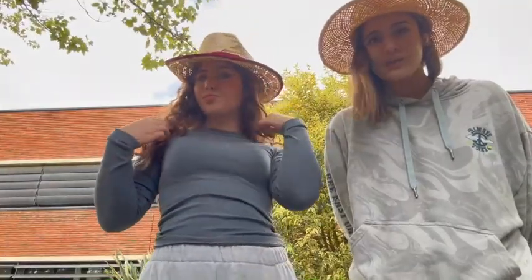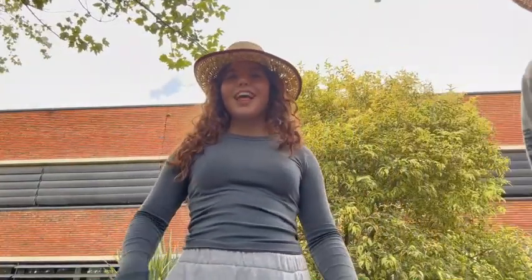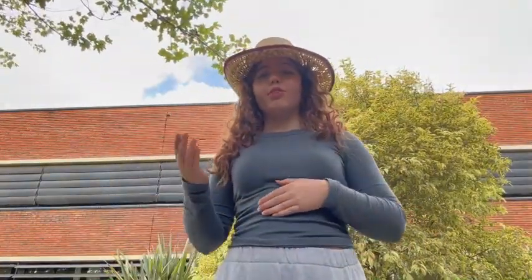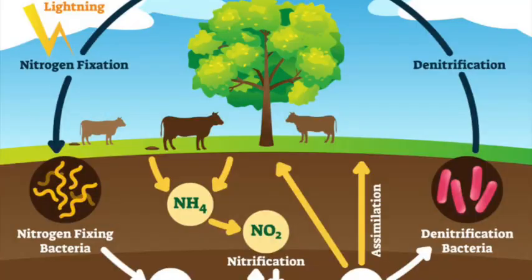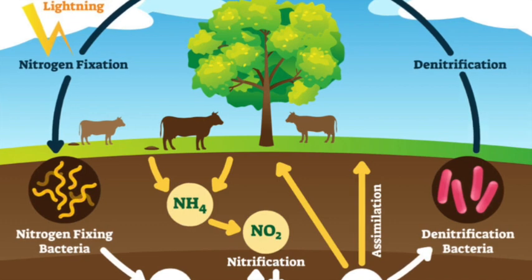We're going to discuss the biogeochemical cycles of the African savanna. The African savanna plays a crucial role in the carbon and nitrogen cycles. The grasses and trees absorb CO2 and release oxygen. The large herbivores contribute to the nitrogen cycle through their waste. The nitrogen cycle is a biogeochemical process that describes how nitrogen moves through the atmosphere, soil, living organisms, and back